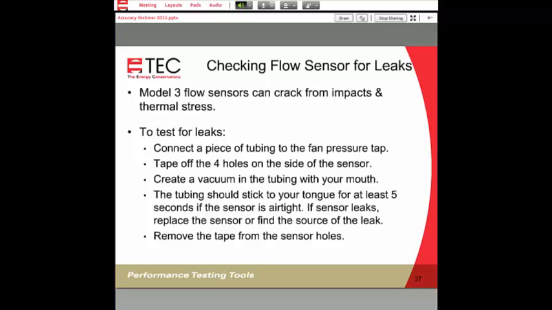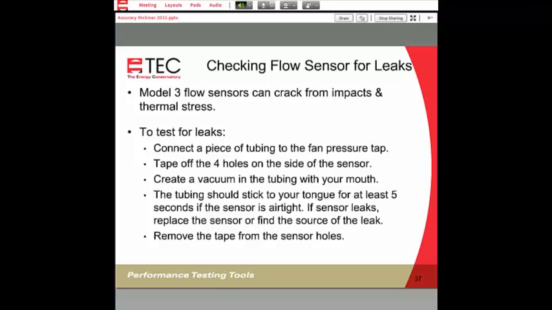But to check a Model 3 flow sensor, basically you take a piece of tubing that connects to the fan pressure tap that's on top of the fan, take some tape, and you tape off the various holes that are on the side of the sensor. You create a vacuum in the tubing using your mouth, you just suck on it, and see if you can get that tubing to stick to your tongue for 5 seconds.